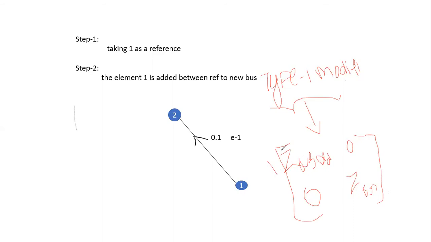Taking 1 as the reference, and this is 2. These are the entries Z11, Z12, Z21, Z22. Therefore ZBR is Z22.